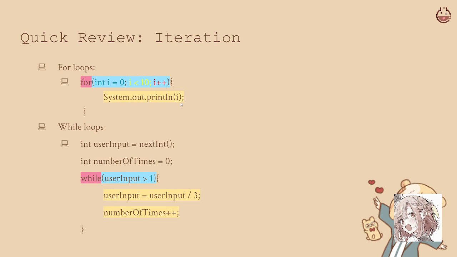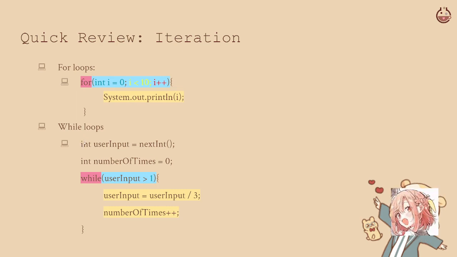And then after you print out 9, i is going to be plus 1, right? Which is equal to 10. So because 10 is not less than 10, it will quit out of the for loop. So that's how the for loop would work, essentially. And the while loops are pretty similar. They're just a little more work on your part. So as you can see here,